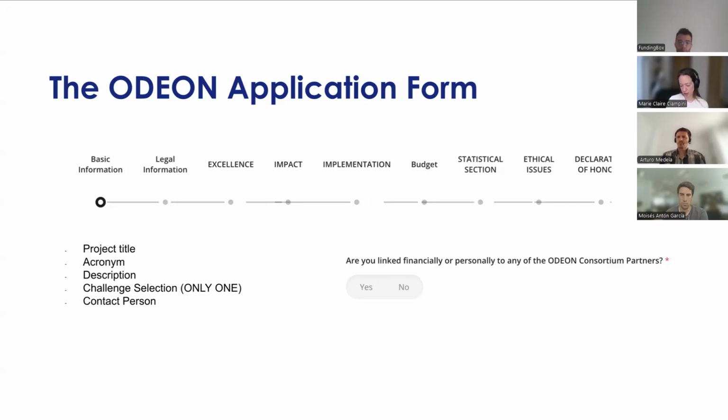Every case is assessed on a case-by-case basis, so there could be cases which are considered low conflict of interest and can still pass through the next stage. But of course, we will ask you to indicate this to help us monitor any potential high cases of conflict of interest.